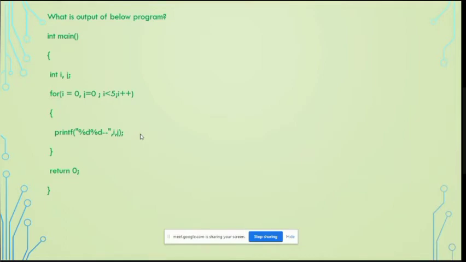Suppose you want to perform some operation on i and j. I will take the i value initialized to 0, and the j value initialized to 1. Then I will perform multiplication between i and j. There is a program where you have to do multiplication between two consecutive values.